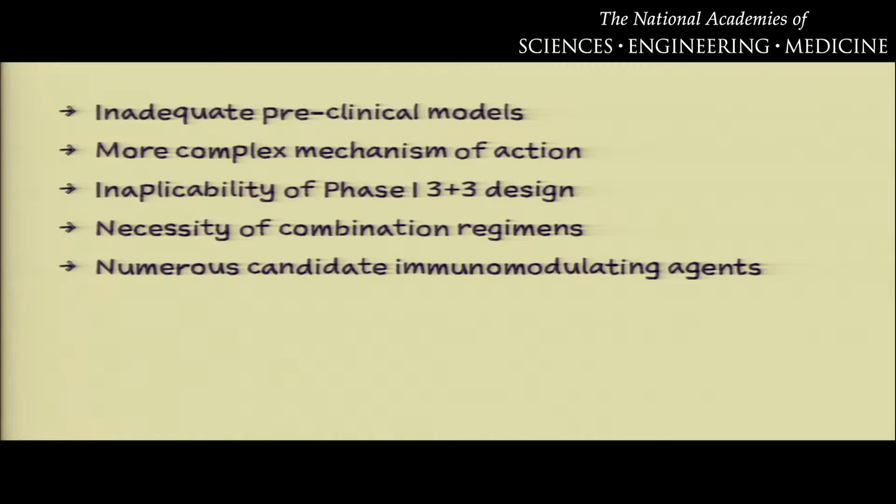Limitation of adequacy of preclinical models, more complex mechanism of action. You're talking about the immune system as well as the tumor, inapplicability of traditional phase 1 designs, which can be very important because of the necessity of combination regimens. So here, you're necessarily talking about regimens that have multiple parts. You need to be thinking about